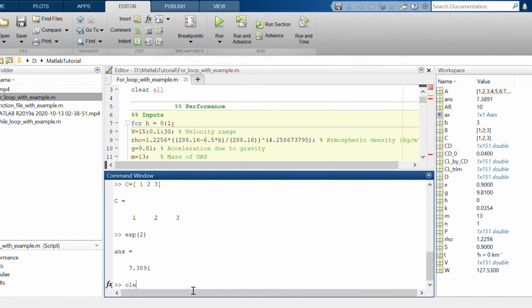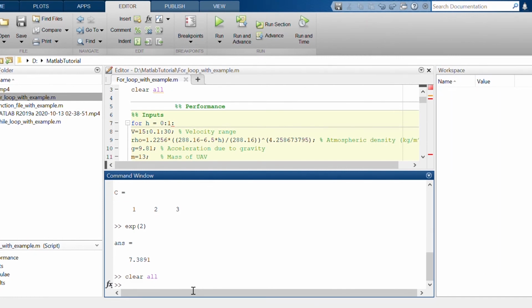You can just type clear all and press enter. You will see that all the variables which had been stored in the workspace have been eliminated, erased. And now when you press clc, you will notice that all the operations performed in the command window have been erased.